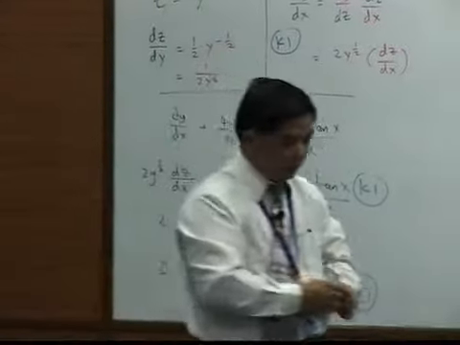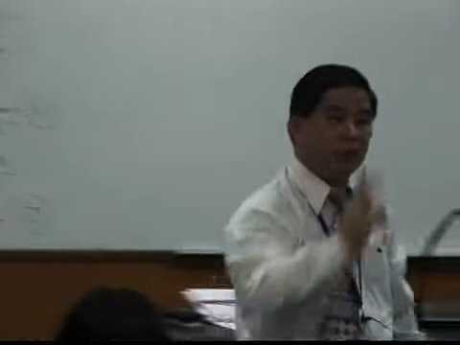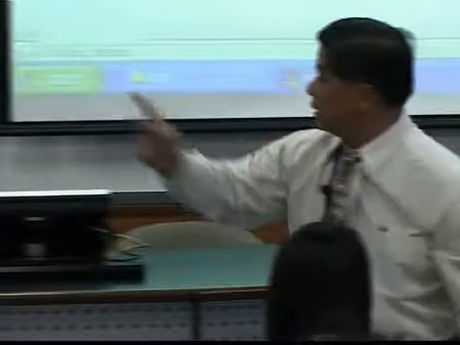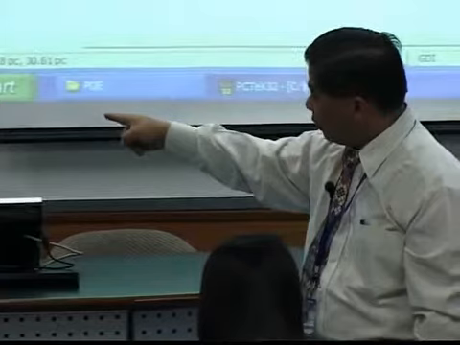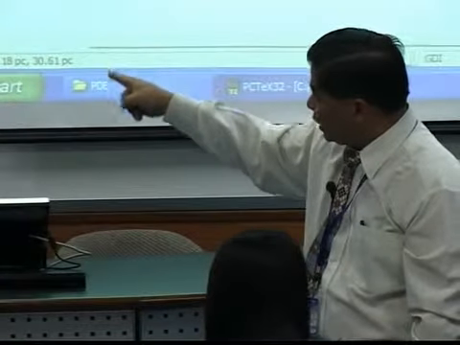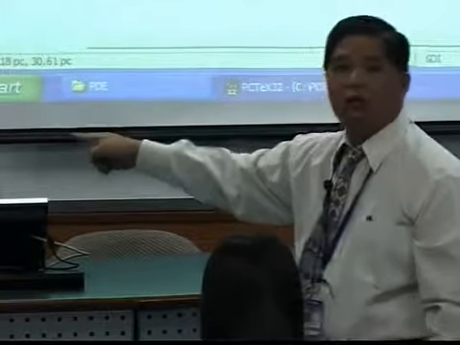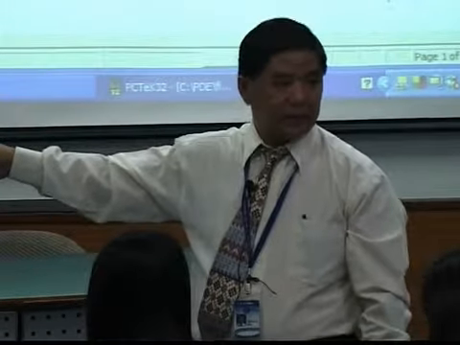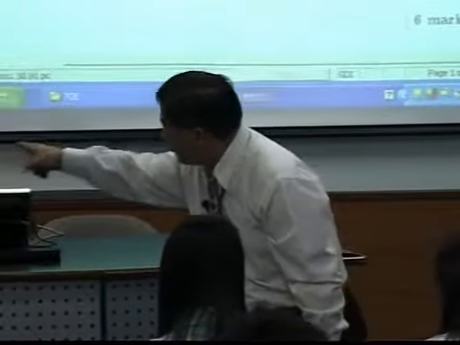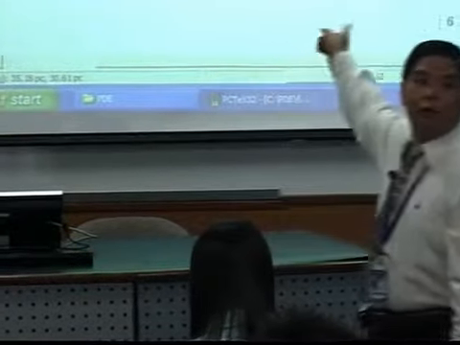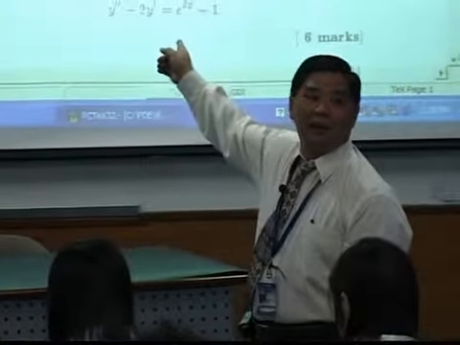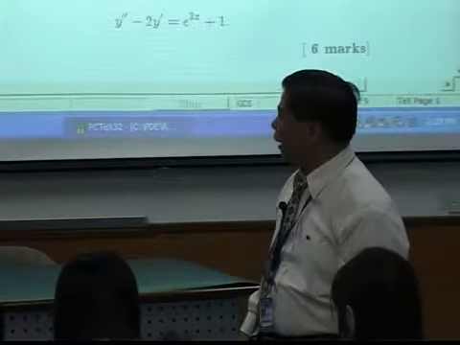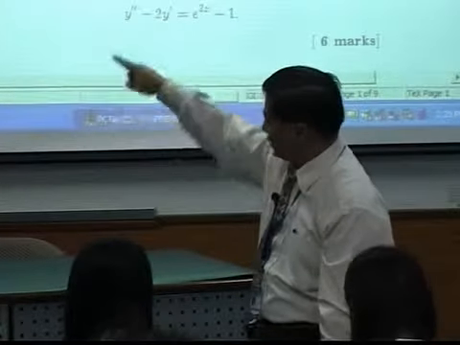Look at the marking. Look at how you get the marks. You see 2 marks for methods, K1, K1. Only 1 mark for J1. If your K1 is 0, the other K1 also 0, all 3 marks gone. If you don't get your marks for your method, you won't get marks for your answer. Because if you can just write down the answer, I can say you just copy from the question paper. You get what I mean? So be careful. The method is more important.